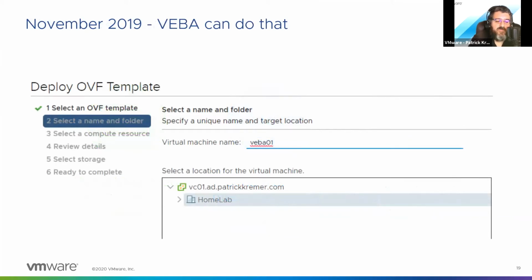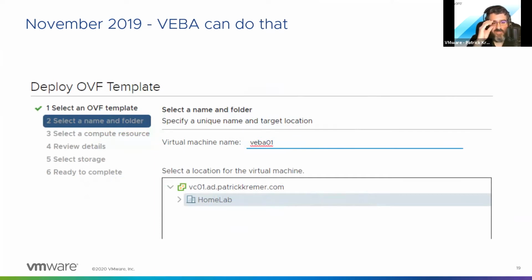So like I was saying before, we can't do normal alarm actions in VMware Cloud on AWS. That area is locked out. So back in November of 19, I had a customer that needed to send some emails on alarm actions, and I'm asking in Slack, how can I do this? And a product manager said, hey, there's this open source project, VEBA, that can probably help.